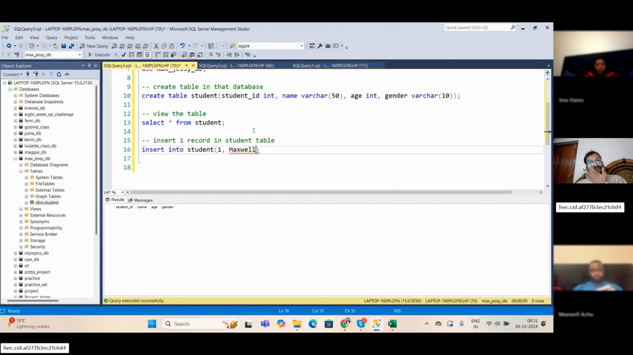But always remember one thing. Whatever varchar value we give should be inside single quotes or double quotes. Comma. The third column is age. Let's say the age is 30. Comma. Gender is M, male. Now it is a varchar column, so I have to put it into single quotes. Correct? And I put a semicolon, and as soon as I execute this line,